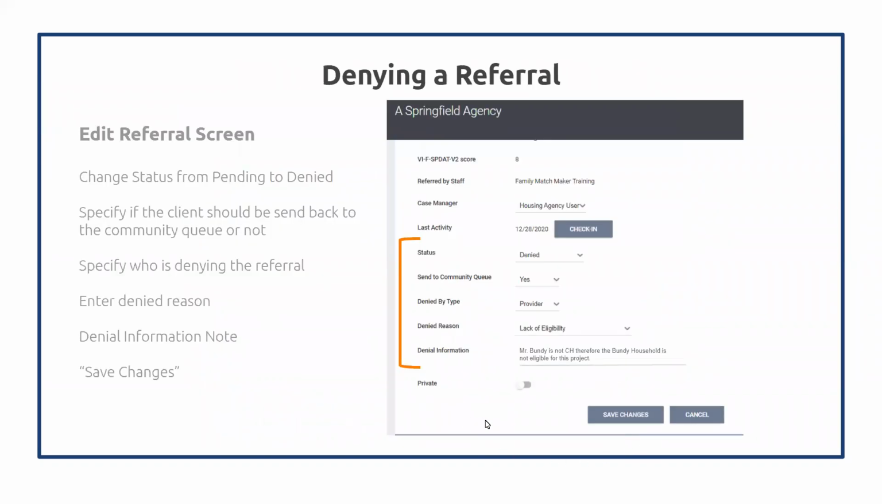But what happens if the client is not eligible for your project or is no longer interested in being housed through your project? So that referral would need to be denied. And so let's say Mr. Bundy is not eligible for your project because he's not currently homeless. So to deny this referral, open up the referral screen and change status equals denied and send the client back